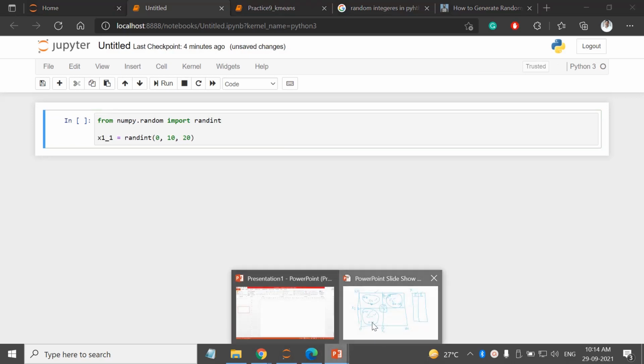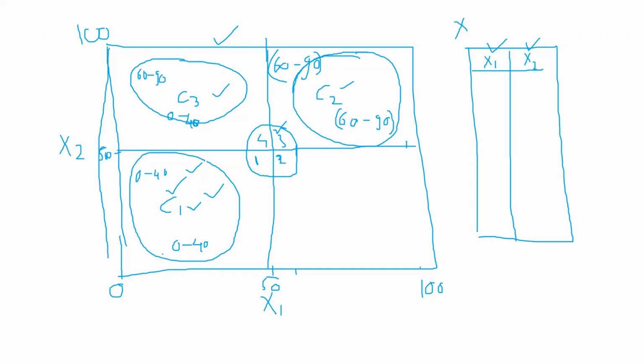So this part, let us represent the first part of x1. We will be having c1's values, c2's values and c3's values. Let us represent this part as x1_1, similarly x2_1, then x1_2.